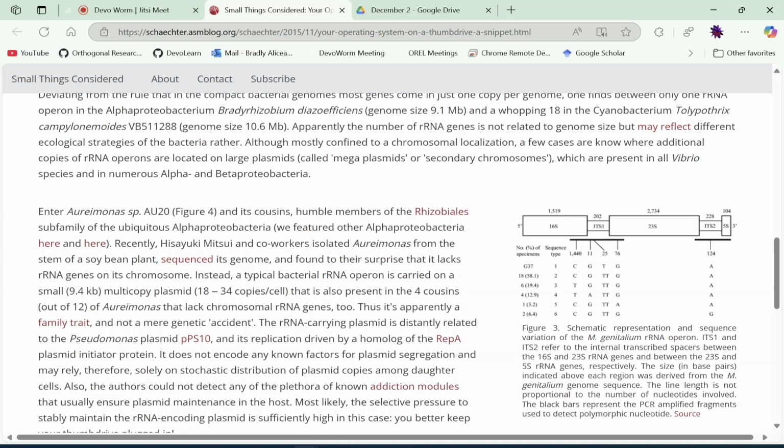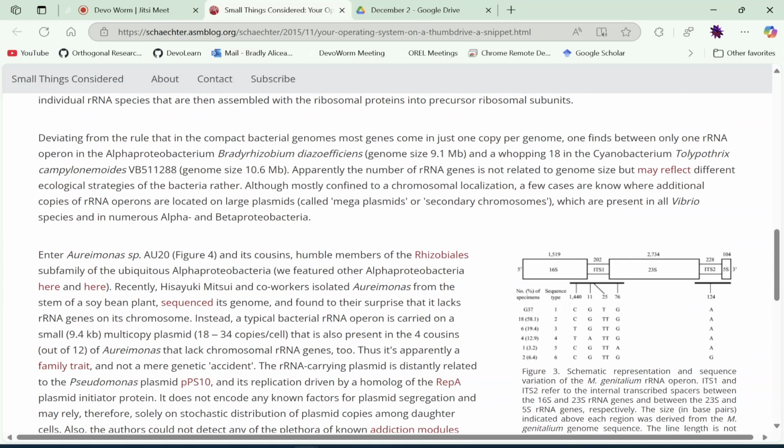So it kind of talks a little bit about how this deviates from the rule that in compact bacterial genomes, most genes come in just one copy per genome. One finds between only one rRNA operon in some species of bacteria, and this is for a genome size of 9.1 megabases, and a whopping 18 in a species of Cyanobacterium with a genome size of 10.6 megabases. So apparently the number of rRNA genes is not related to genome size, but may reflect different ecological strategies